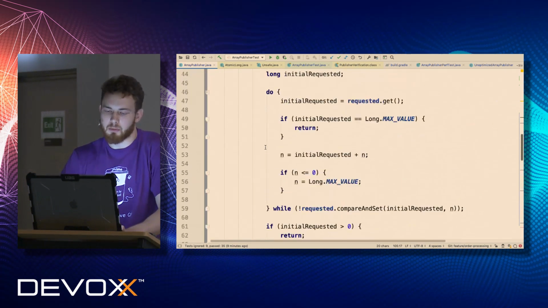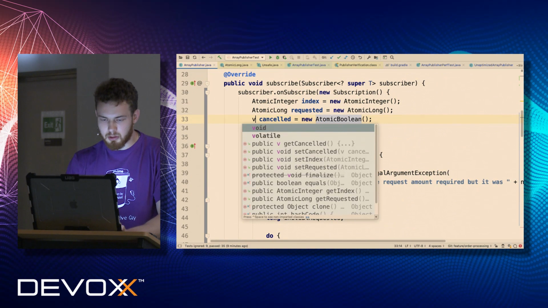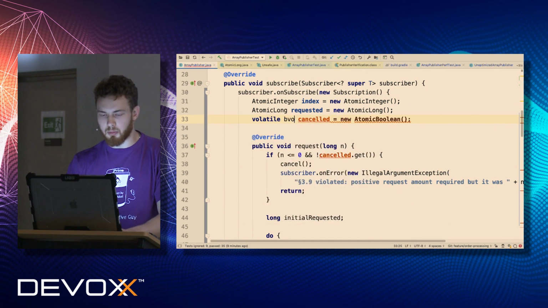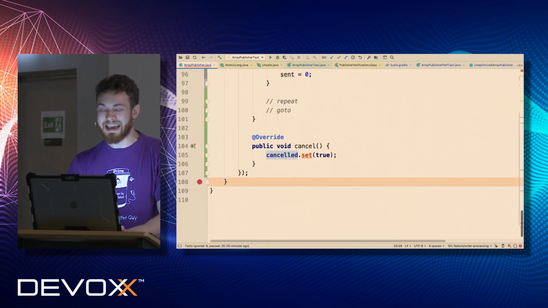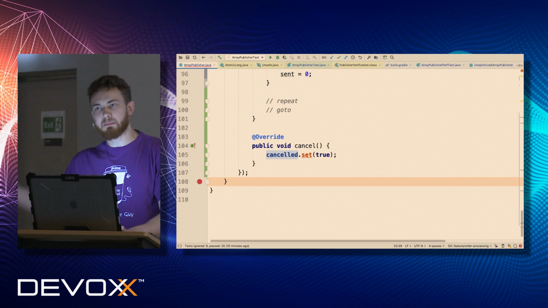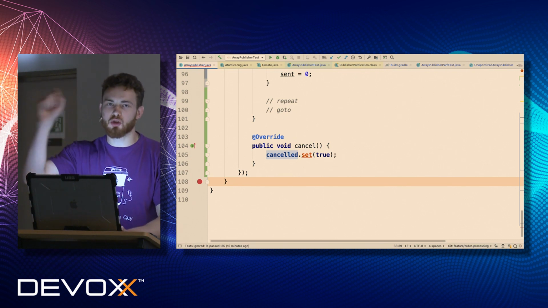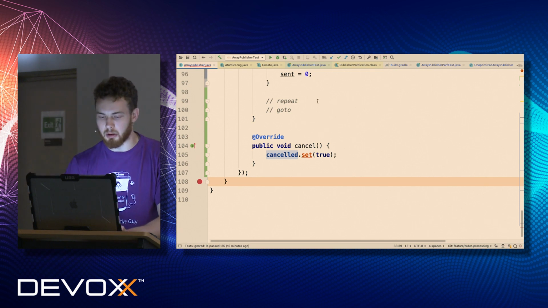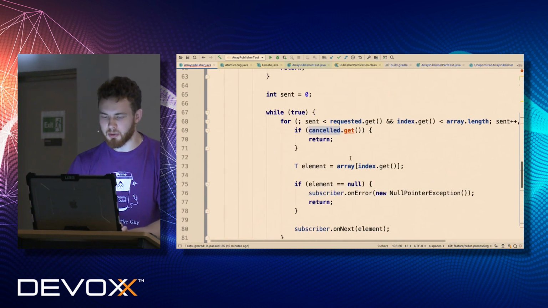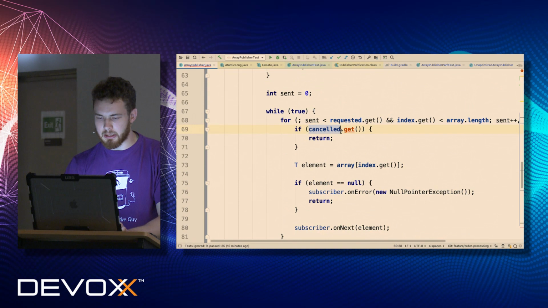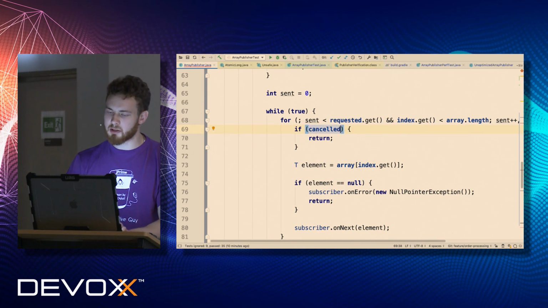Yeah, we don't need AtomicBoolean at all here. It's absolutely enough to put a volatile boolean here instead. Why volatile still? Because it's absolutely correct if you're going to call cancel from a different thread. The only requirement is that our cancellation must be non-blocking. So we have to take care that this is just set to true, and then we can safely read at some point in time that this field is true.